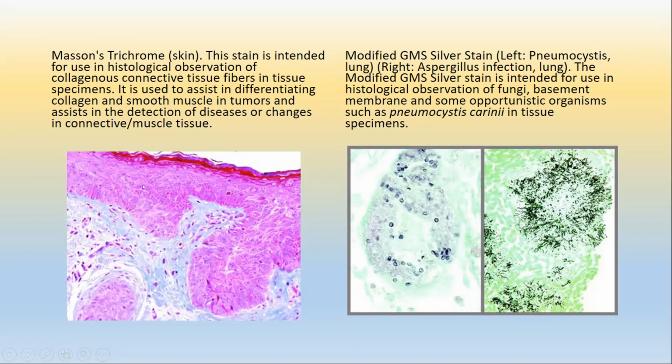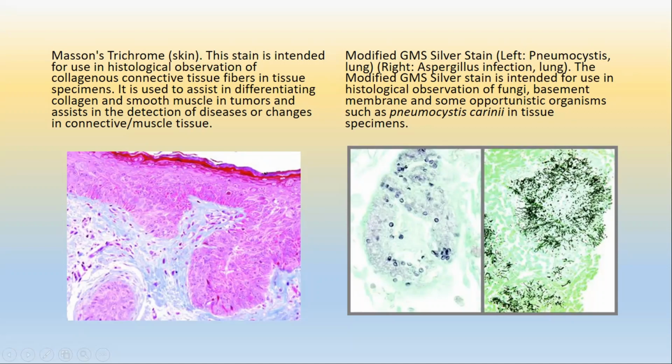This stain is very helpful if you want to look at what happened in the kidney. In a chronic insult to the kidney, there will be loss of tubules. The tubules will be replaced by connective tissue. So we do the stain and look at the areas where the tubules should be, which are replaced by connective tissue.